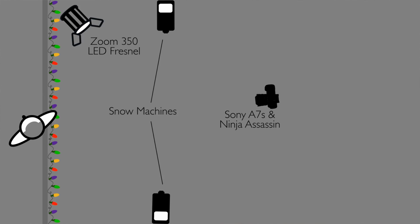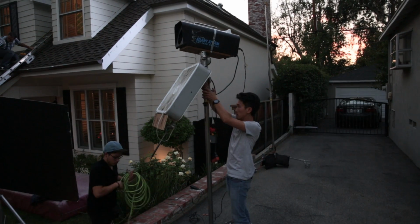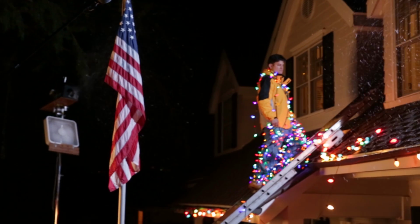We set up 2 snow machines, one on each side, got them up high, fan up high, blowing that snow up, and then just let it come and settle into the frame. We didn't have to get it in and cover the whole house. We just had to have a nice curtain that will get it to where it's going to cover the frame